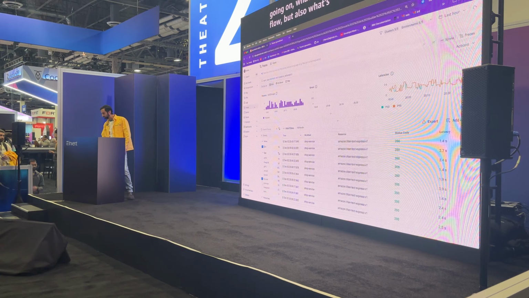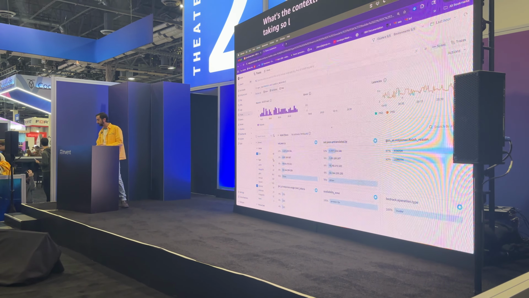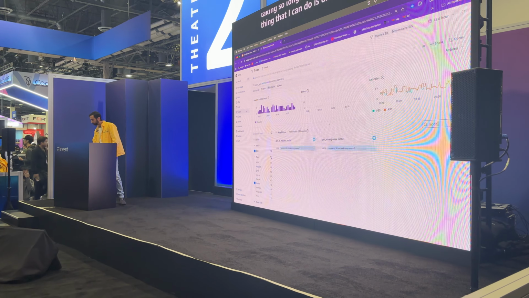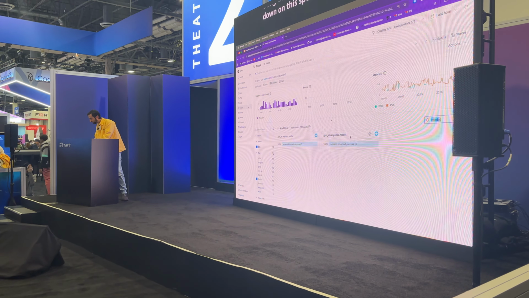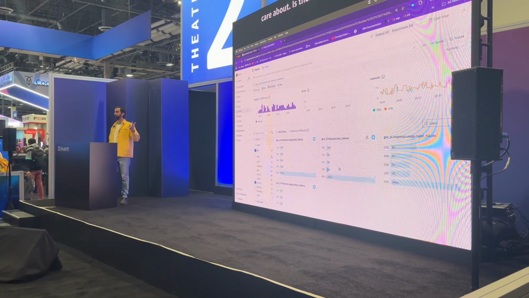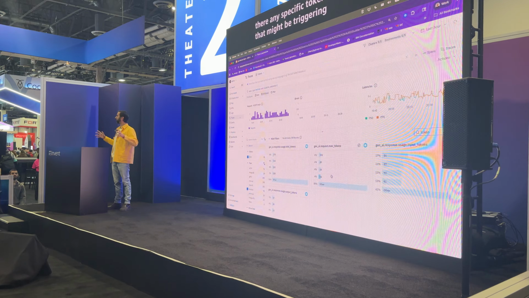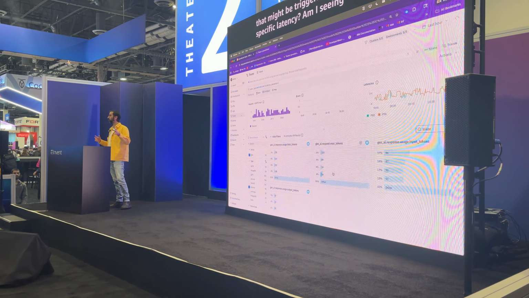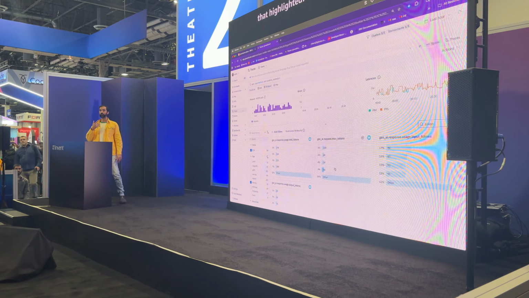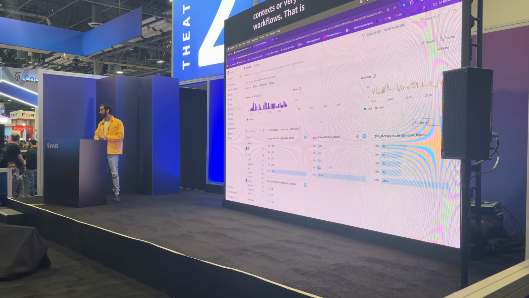The second thing that I can do is drill down on this specific filter and figure out if there's anything I should care about. Is there any model that is taking care of that? Is there any specific token usage that might be triggering that specific latency? Am I seeing that high latency only on very big prompts, very big contexts, or very specific workflows? That is very valuable. Just getting into this data and correlating it and figuring out what's going on, that's really